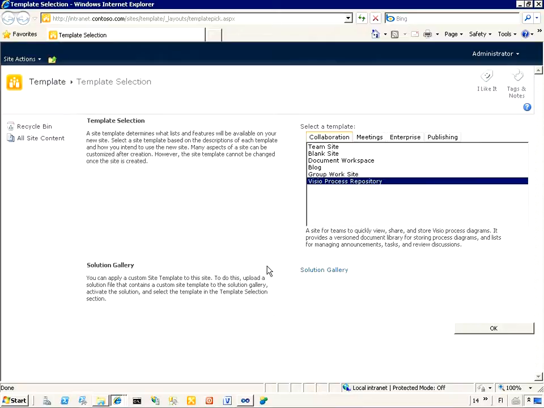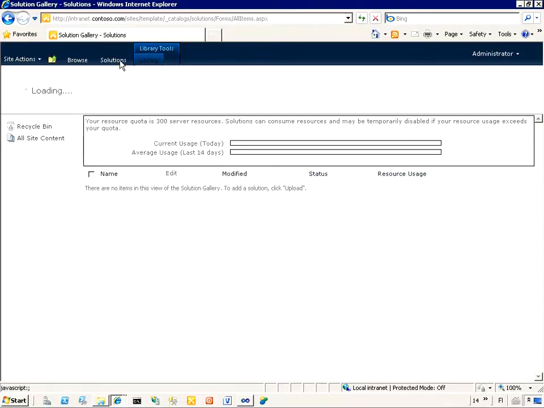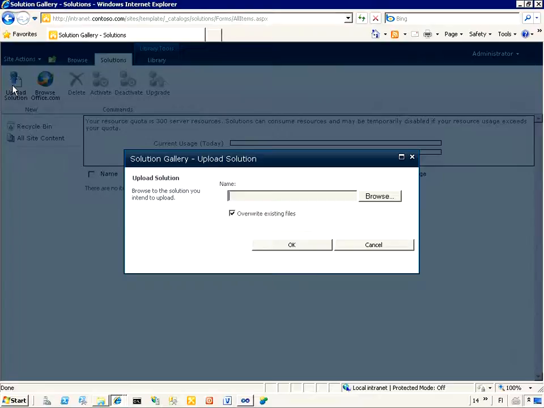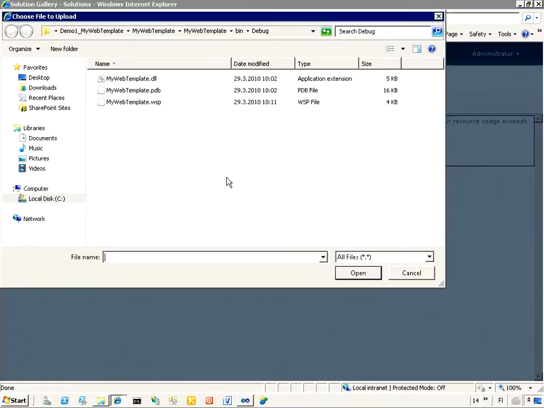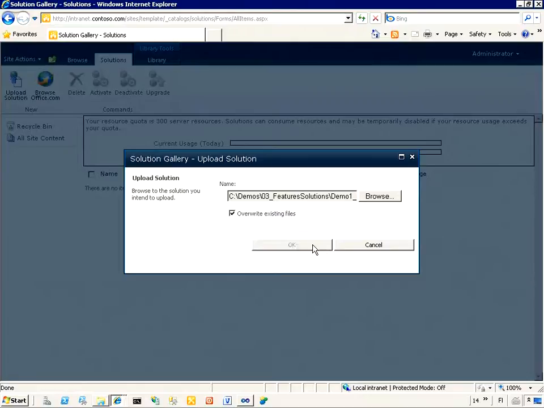So we are able to upload our WSP package to this particular site collection, and we are able to provision our structures based on the web template which I just showed. So let's browse to the correct place and select the web template WSP package to be uploaded. Let's activate that one